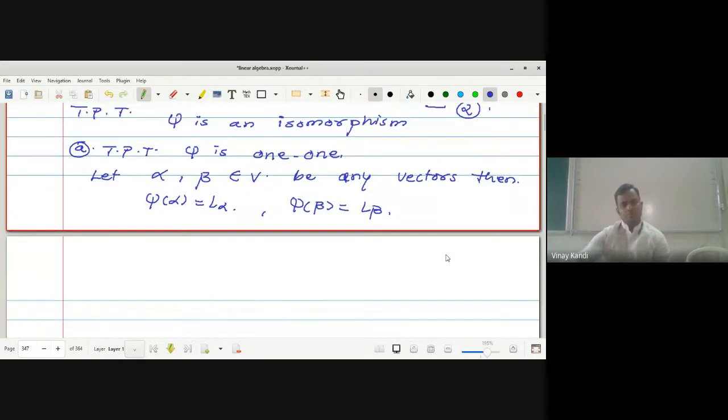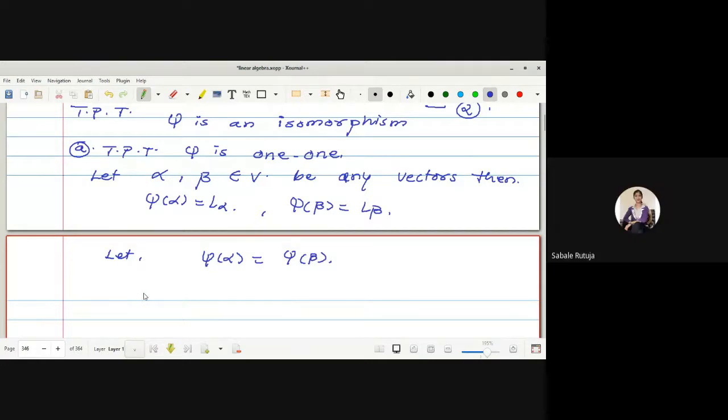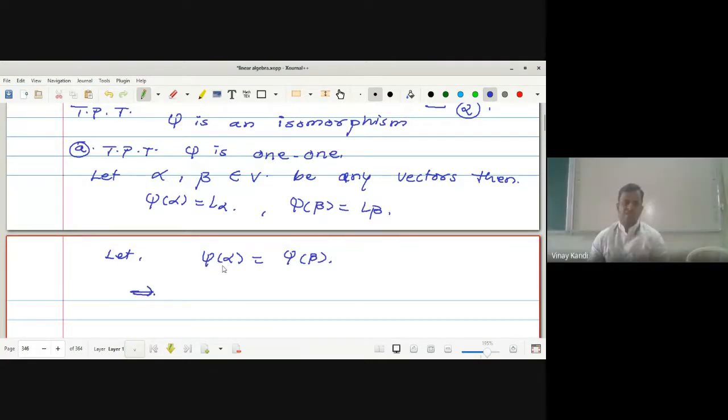Now if we have to prove that psi is one-one, what is the assumption? What is the step to prove that psi is one-one? To show a function is one-one, what do we do first? Assume two images are equal. If two images are equal, then that function is one-one. So assume psi of alpha is equal to psi of beta. Is it correct? Yes, sir. So this implies, by the definition of psi, L alpha